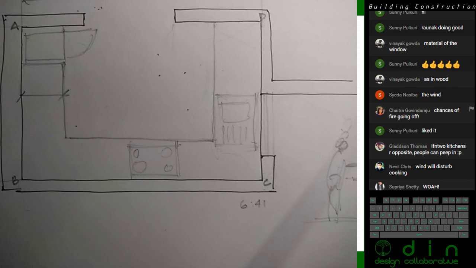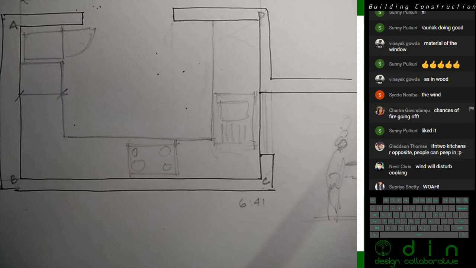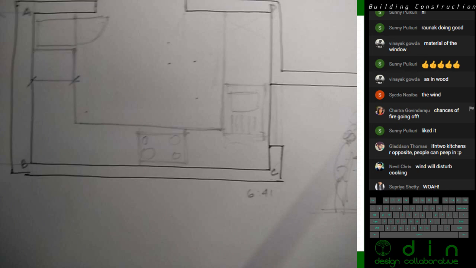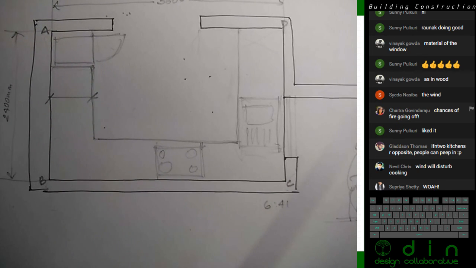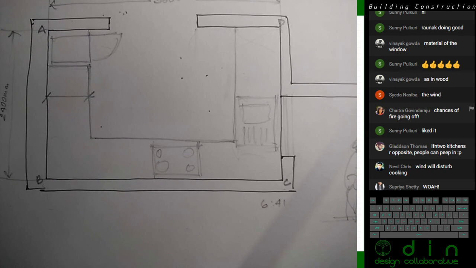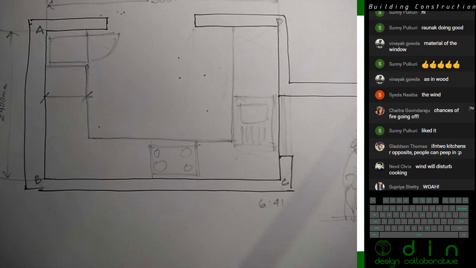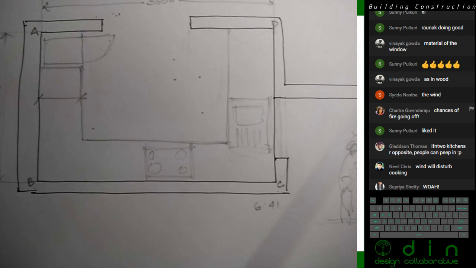Yes, if there are windows opposite each other, there are chances of your privacy being invaded. But that's not what we're talking about here. That probably has a lot to do with the actual building and things like that. Thank you, sir. Good to know. Anyway,